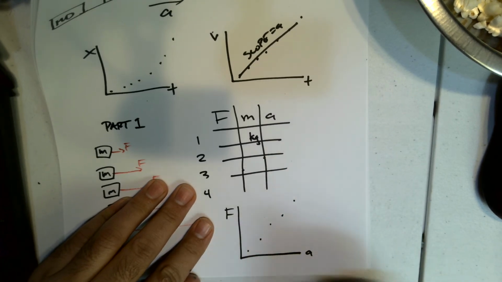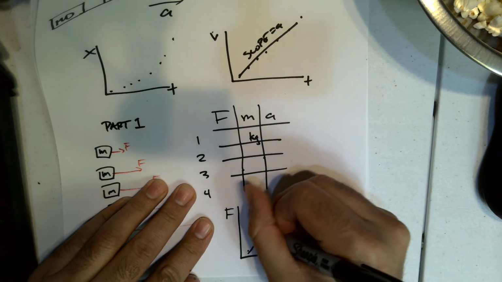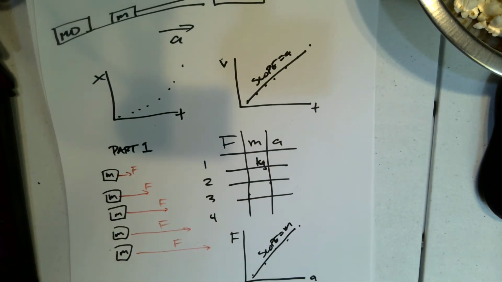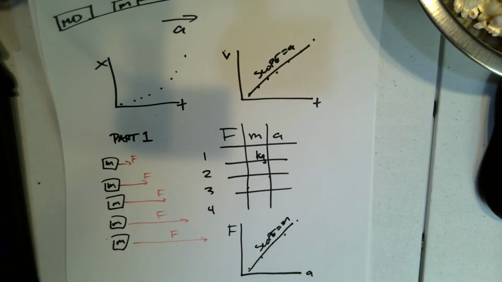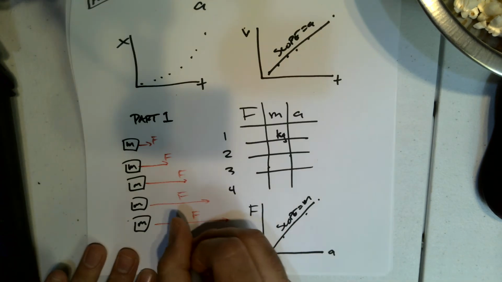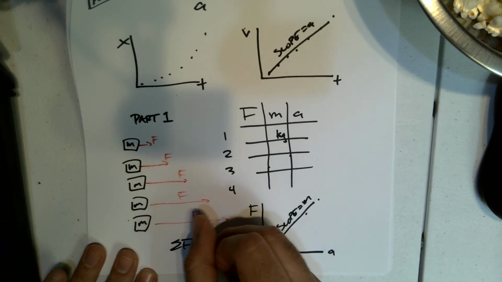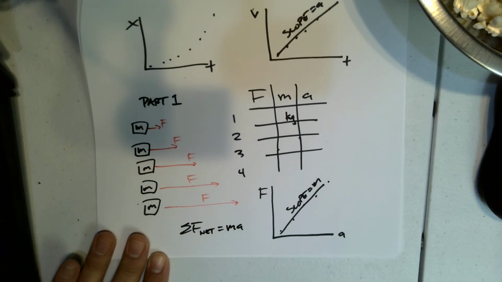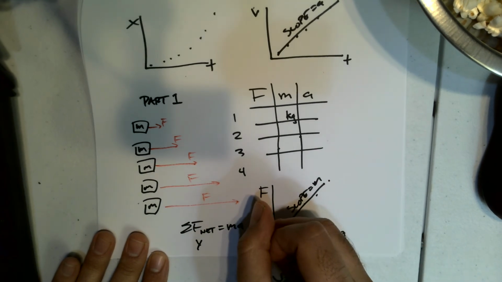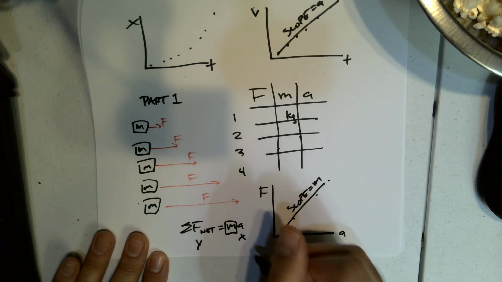I actually like setting it up this way because you're going to get a linear relationship between the force and the acceleration in this scenario. If you fit that properly, the slope should be equal to the mass. Keep in mind, if you did not convert it to kilograms, you have to recognize that when you calculate your slope and do your comparison. Either way, pretty easy result, and this would confirm Newton's second law, F net equals ma, where we're putting force on the y-axis, acceleration on the x-axis, and this would be our slope,